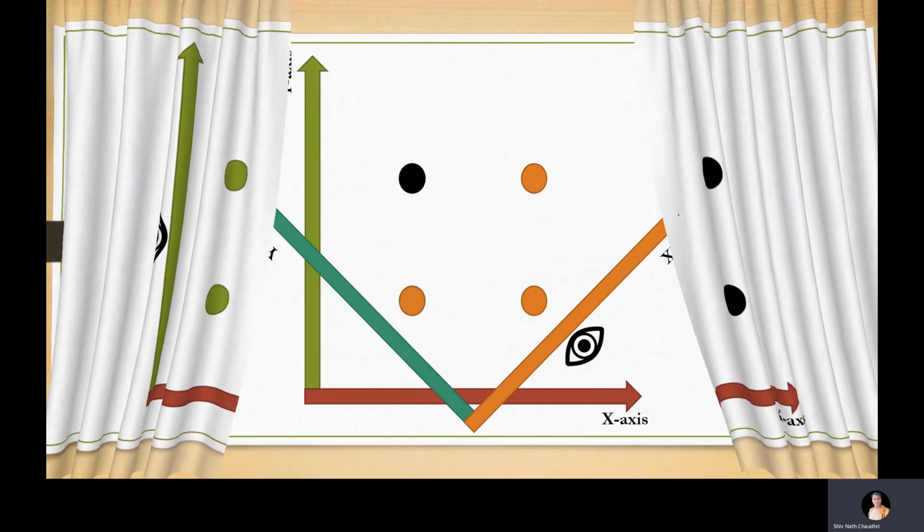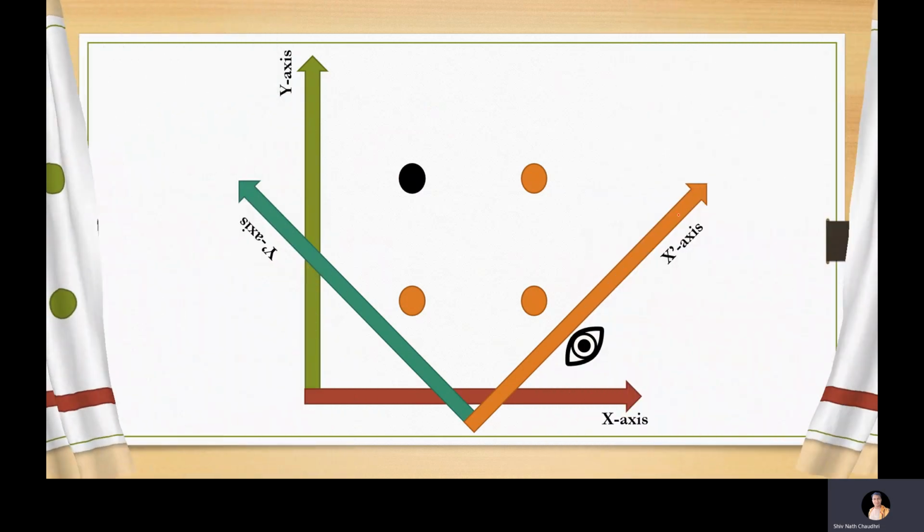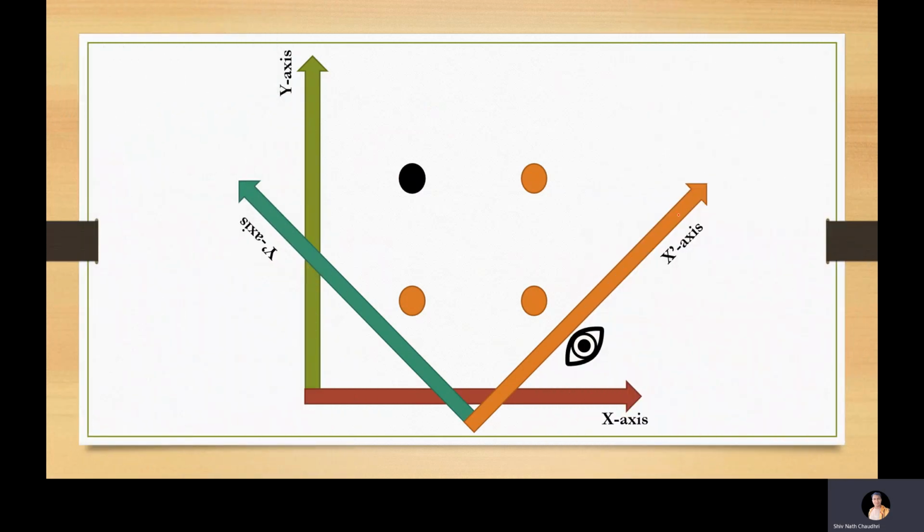Now, the main working of principal component analysis begins. Principal component analysis transforms the x and y axis to the new axis, let's say x dash axis and y dash axis. Now we see the data points from x dash axis. We find that we can see 3 data points and the rest is still hidden. Thus the visibility from x dash axis is 75%, and we can explore the information about only 3 data points